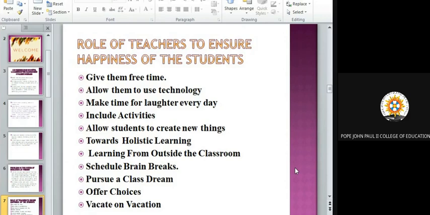And also the next one is vacate on vacation. Here in our area, all the classes are working during the occasions, and they are giving more stress for mark-oriented education. So we have to vacate the students to let them feel a stress-free environment. And the next one is